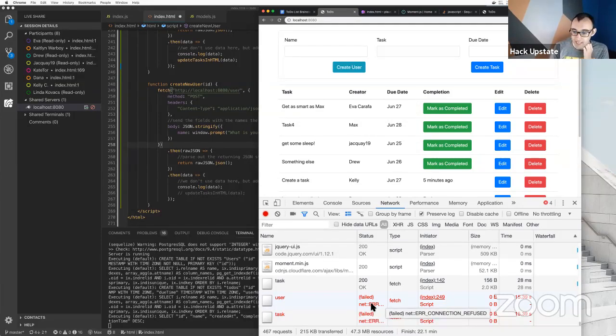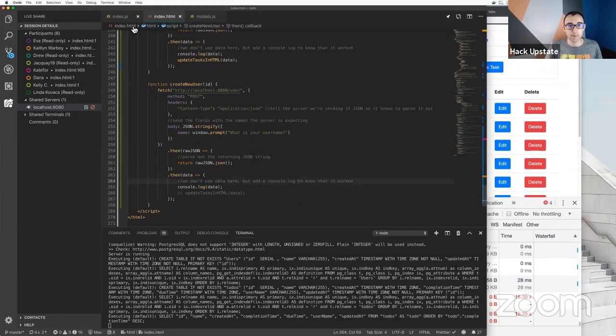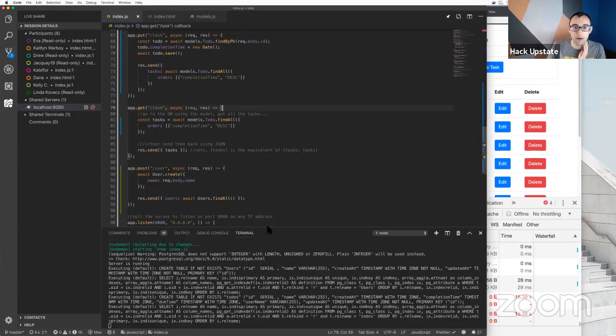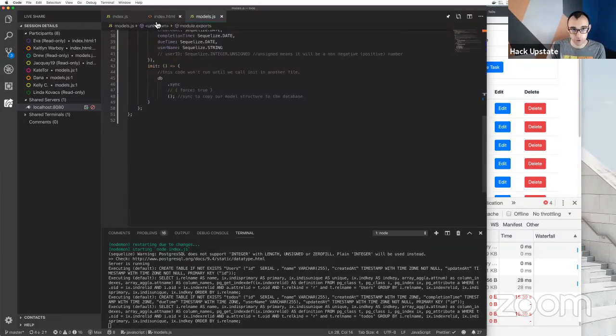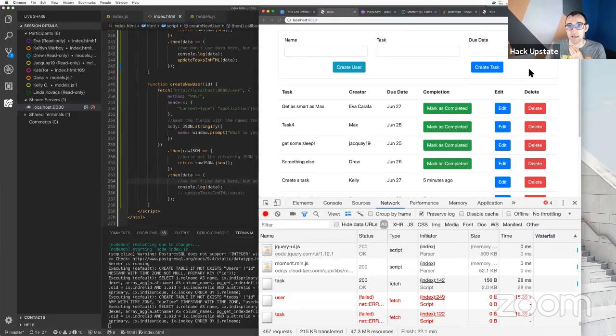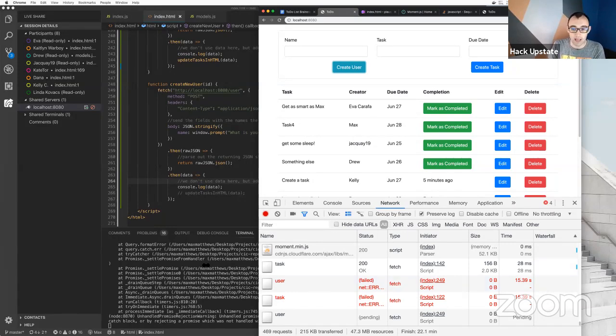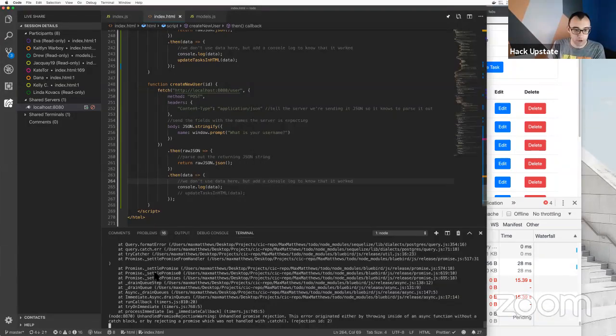So what I think was happening is our server just so happened to be rebooting at the exact time I tried to create a new user. So what I'm going to do is save my index.html code again. I'm going to save my index.js. I'm going to make sure that nothing's happening in my server, and indeed the server is running. I'm going to make sure my force is turned off because I do want to make sure that the data is saving in. Now I'm going to try it again. So I'm going to create new user. My username is Max. I'm going to hit OK. And now it's still pending. But if we look in our server,